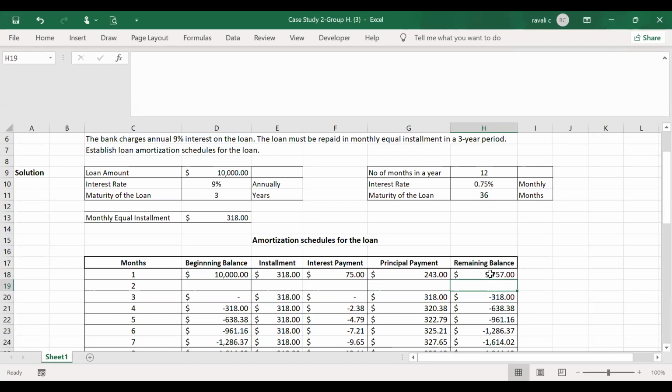This is the remaining balance for the first month, and the second month's beginning balance will be the remaining balance of the first month. That will be 9757, which is H18. And the next installment will be the same thing, which we calculated through PMT. And the interest payment is